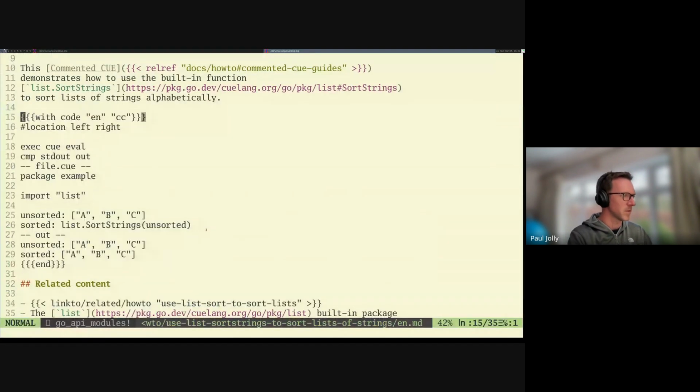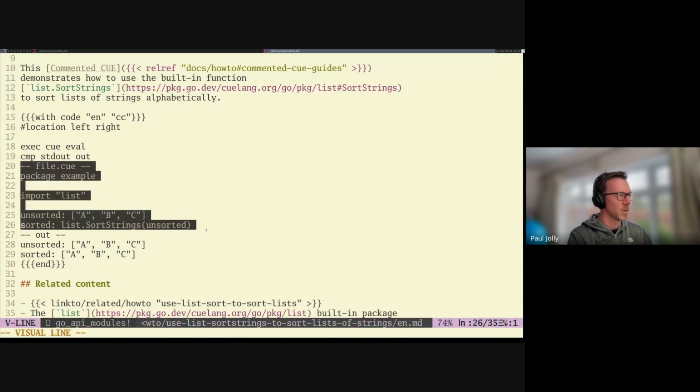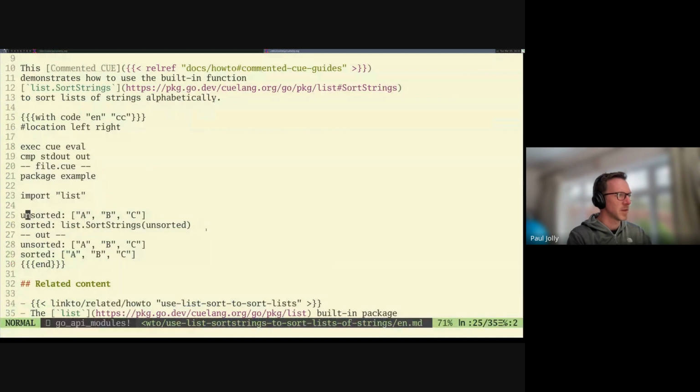So that's fine. Let me just do that, and I'm just going to jump down, and this is the file.q within this code block here. And you can see that unsorted is, in fact, indeed unsorted. So let's fix this by not only making it unsorted, but let's just break it slightly in that we'll break the formatting as well,